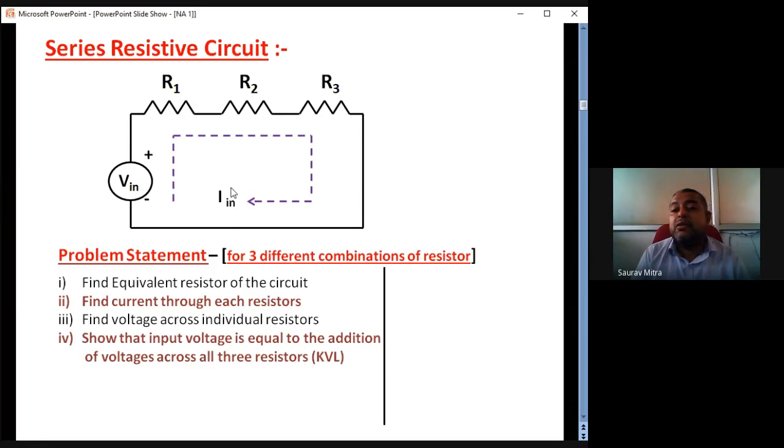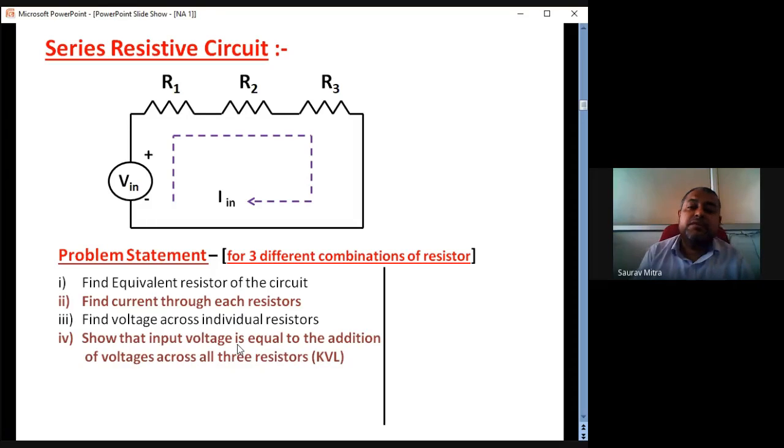So you won't have to calculate IN. You just have to check the input voltage and the ratio of all the resistances. You can divide the input voltage as per the ratio of all the resistances in the circuit without even finding the input current. Mathematically, just by dividing the voltage in the ratio of the resistances, you can tell what VR1, VR2 and VR3 are. That is possible because of KVL.